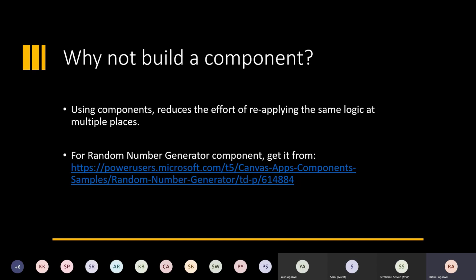In that case, I do not want to build the whole random number generation functionality again and again. So what we can do is convert that whole logical implementation into a component, use it as a custom component, and use it across your applications.